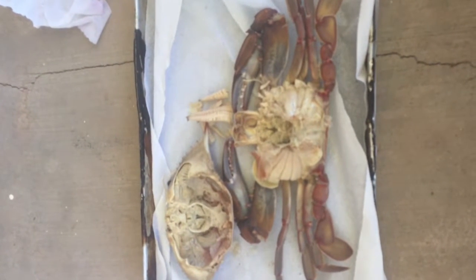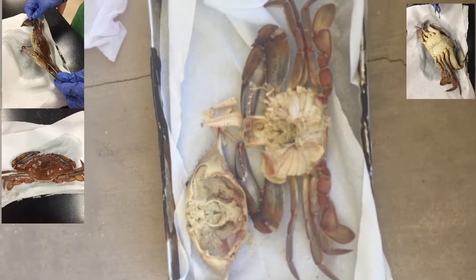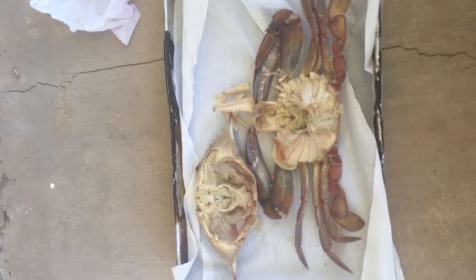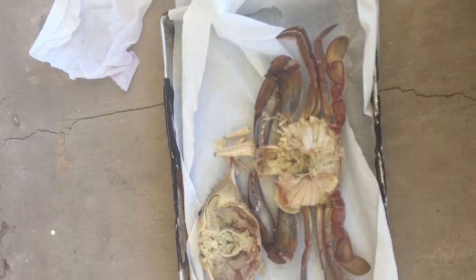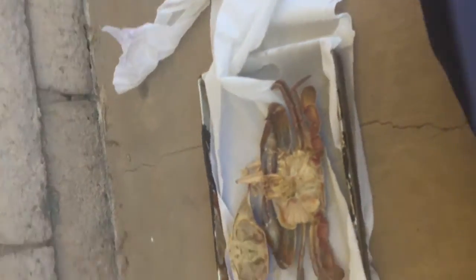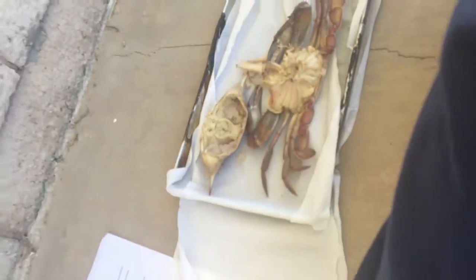So that's that. Hopefully, editing future me will remember to put some pictures of these crabs prior to being dissected or turned into half. So yeah. Dissection wise, I'm gonna have to take some time, but here we go. All right, so